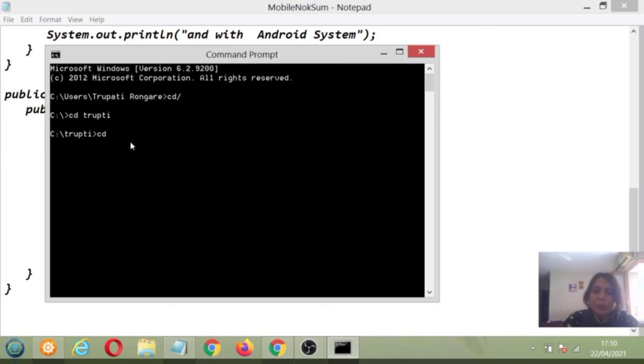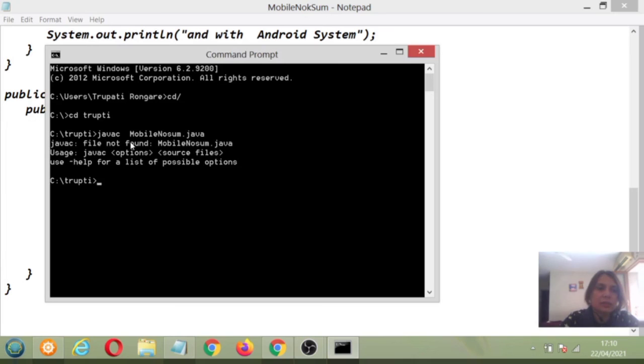Now we are going to compile with javac and the file name, that is MobileNokiaSamsung.java. Yes, I made some mistake with the spelling of my file name.